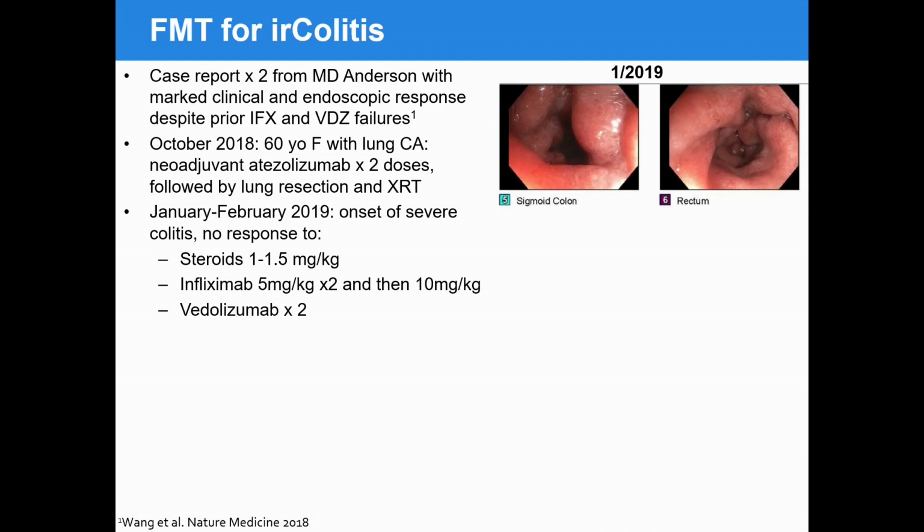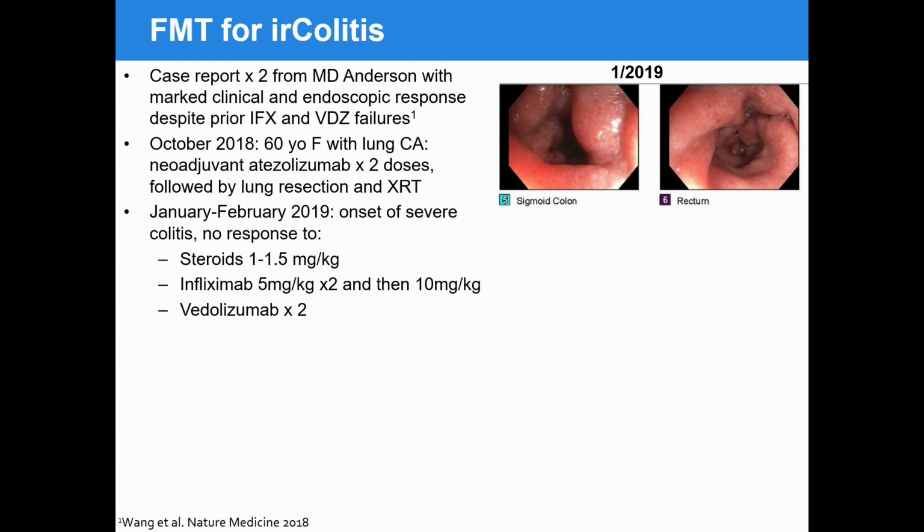This was a 6-year-old lady with lung cancer who had neoadjuvant 2 doses of an anti-PD-L1, then went to surgery, and then about 2 months later had onset of severe colitis. You see her sigmoidoscopy here on the top right. She had an inflamed erythematous colon, sort of very superficial erosions, no frank ulcers at that time, but was just